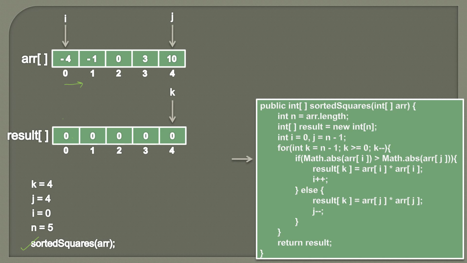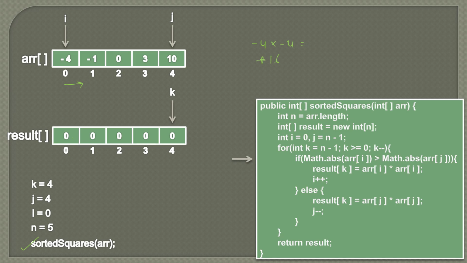And why are we doing it? Because this negative sign, when we do the square, minus into minus becomes positive, and we actually do the square of the number, which will give us 16. So it's plus 16. This minus doesn't play any role in the square part. But as these numbers are sorted and we can encounter negative values as well, we are comparing the absolute values of the start and the end.